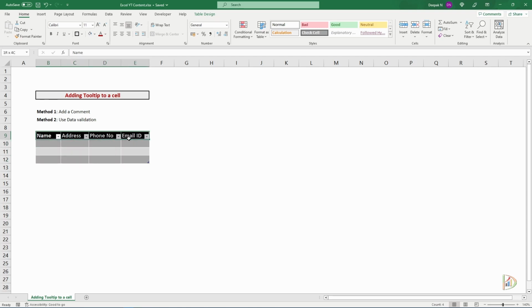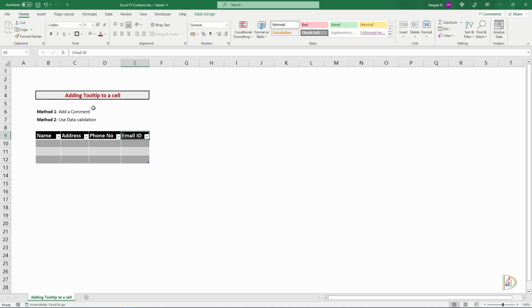Now the task here is you can send this particular form to all the users, and there will be some users that will not be able to understand which phone number they have to enter, right? Because we'll be having a primary contact or even a secondary contact in that case. So whenever you create something like a form or a template that you want a user to use, the best way to give extra information like which address they have to enter, which phone number they have to enter, which email ID they have to enter,